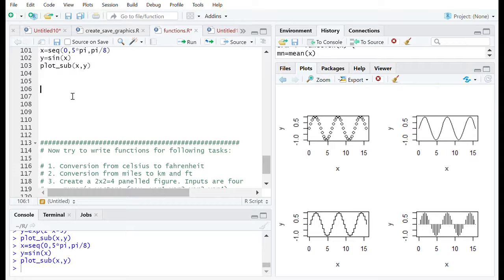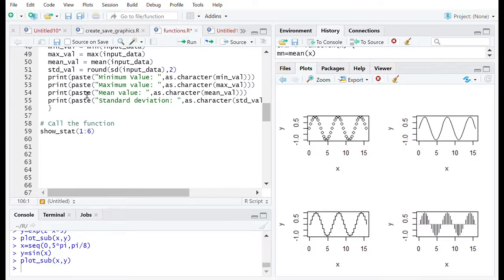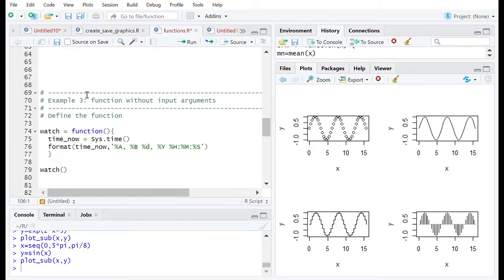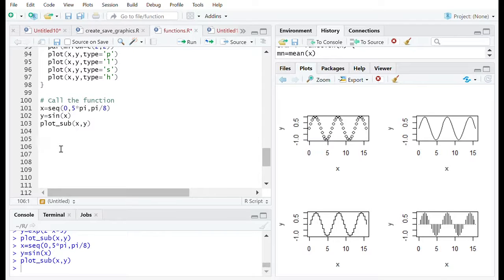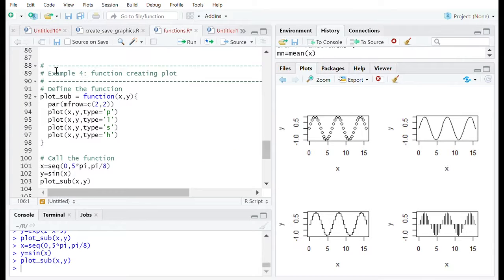Now here we'll do another example. Because in all these functions, one thing you can notice is that either they are not returning anything or they are returning only one value. Okay, so if we consider some function which returns more than one value, how to do that? A very simple way. Let us take an example like